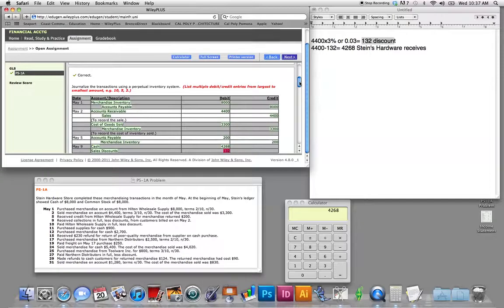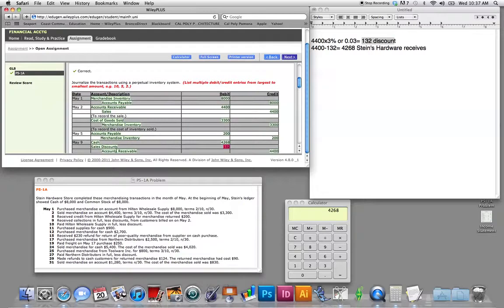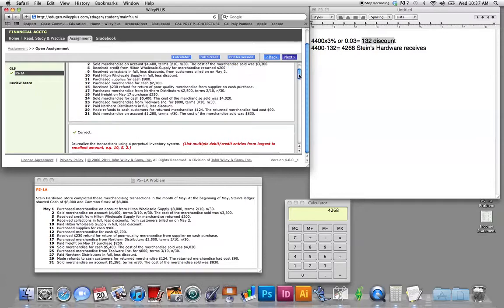$4,400, and that's what our accounts receivable account would be credited, because we have received that amount minus the discounts. So that's why the accounts receivable is credited for the full $4,400. Okay, so now let's go up to